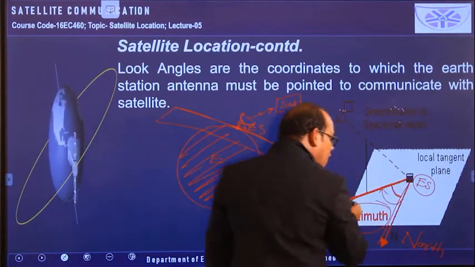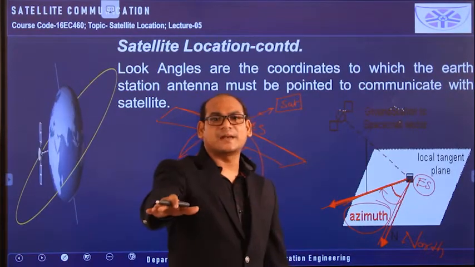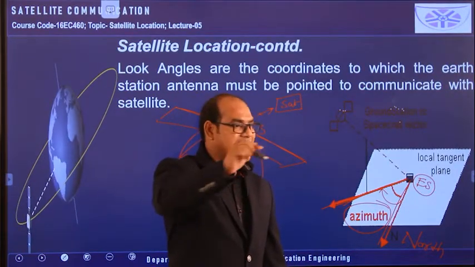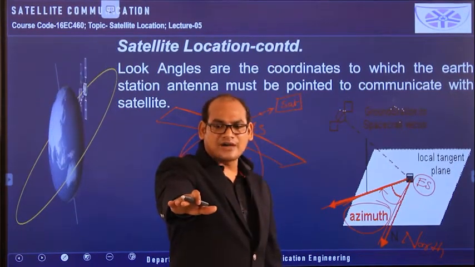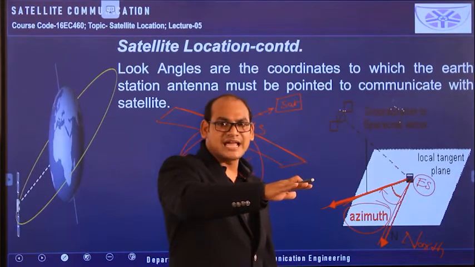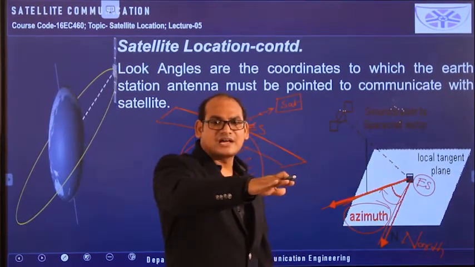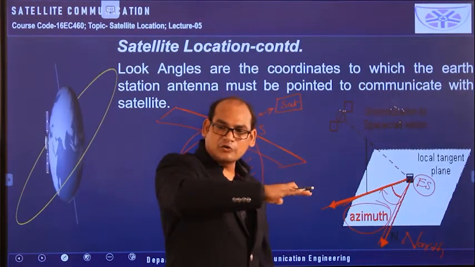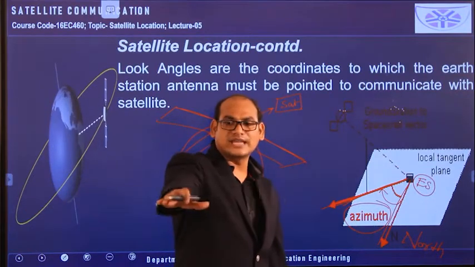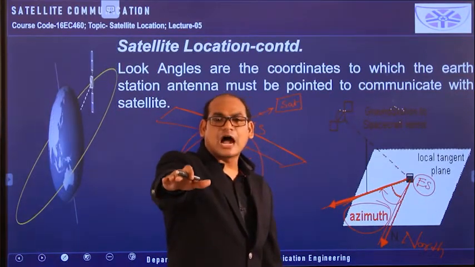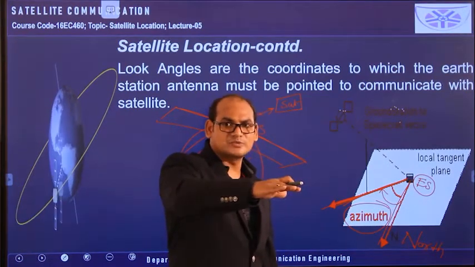After that, now you are on the local horizontal plane only. On that local horizontal plane, for example this is north and this side east is there, and the satellite is there. From the north side you have to travel up to a certain azimuthal angle distance. This is north, so from the north you have to travel an azimuthal angle. Then again you are on the local horizontal plane only. This is north. You have traveled up to the angular distance of 120 degrees, for example. So this is 120 degrees, you assume like that.